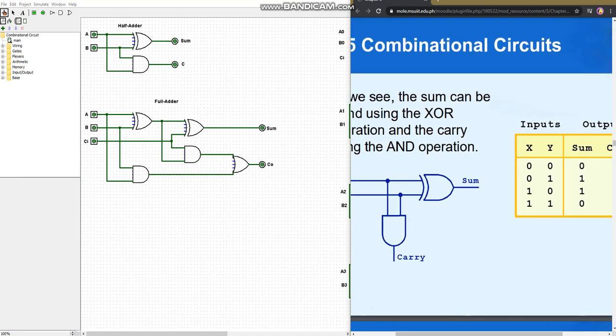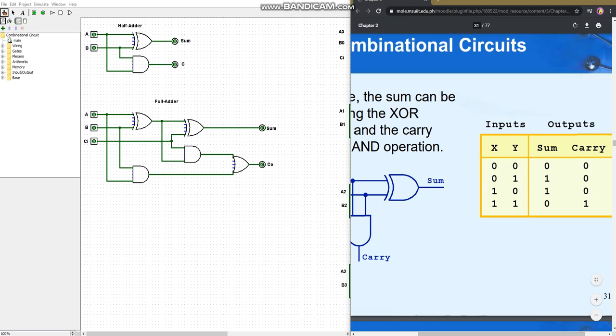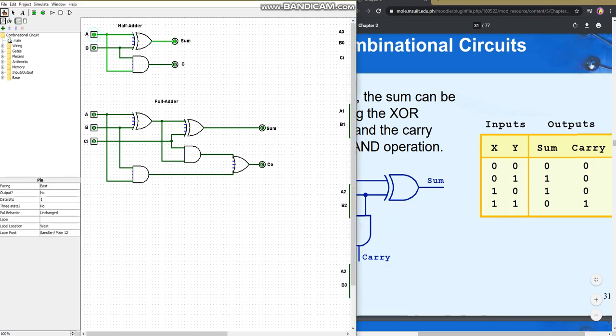The half adder has two logic gates, exclusive OR and AND gate. And as you can see in the truth table here, all are 0, nothing will happen. But when you add either one, there is a sum. But if you add two truths, which is 1 plus 1, the sum is 0, and there is a carry that